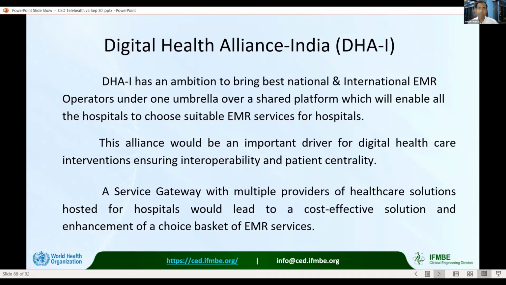Multiple providers of digital and electronic health record systems, the effort is to make them converge on a common gateway